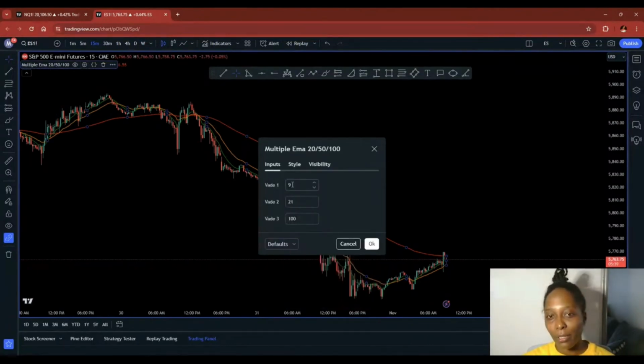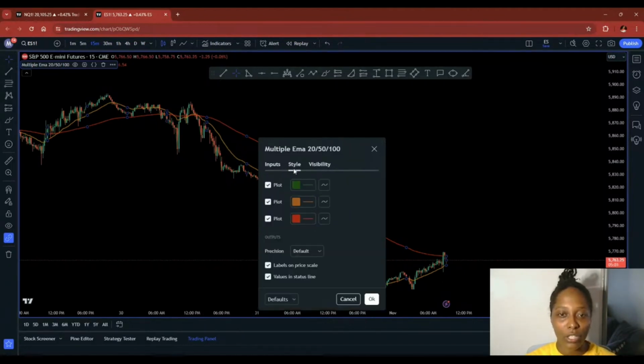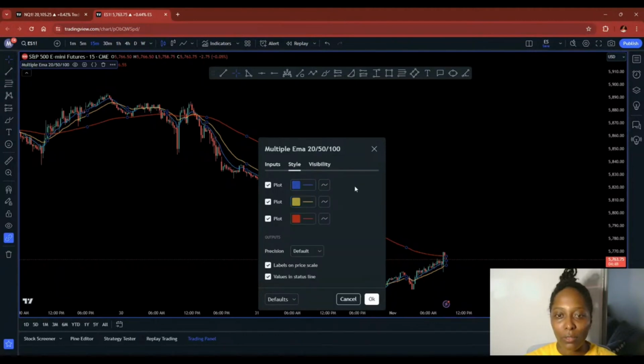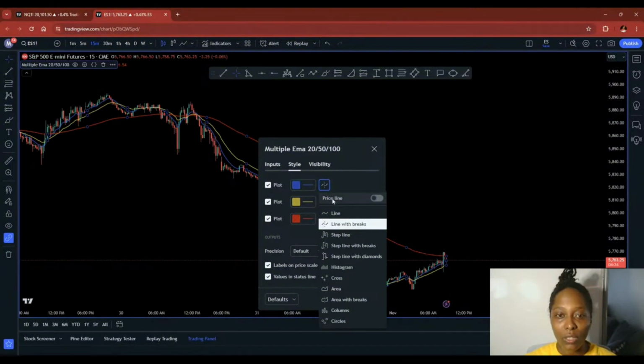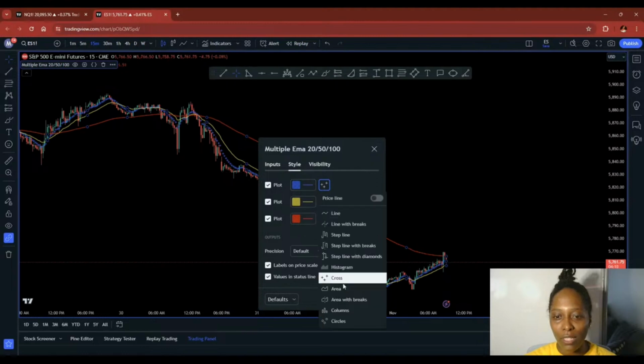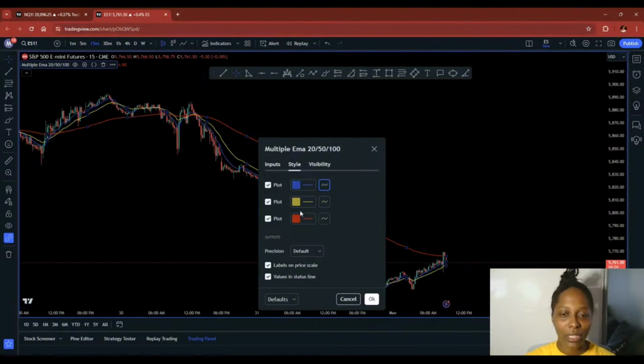So you can change that setup under inputs. You can go here and you can change the number, and you can see how price starts to move. So I have mine on 9, 21, and 100. Next to inputs, you find style. Style is where you can change the color of the moving average if you would like to. And you can also change what that line will look like. You can have it as an area. You can have it as a histogram. You can have those as crosses. You can have circles. You can have columns, but I simply use the line, and most traders I know use the line, but there are some people that